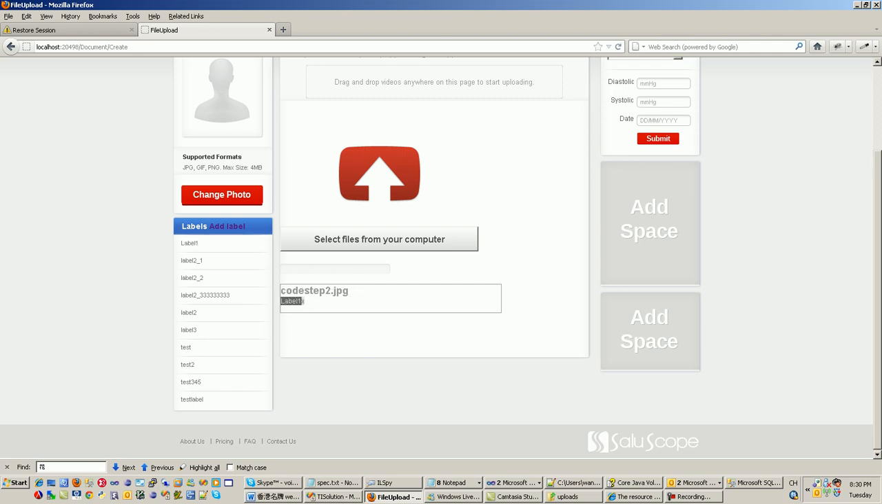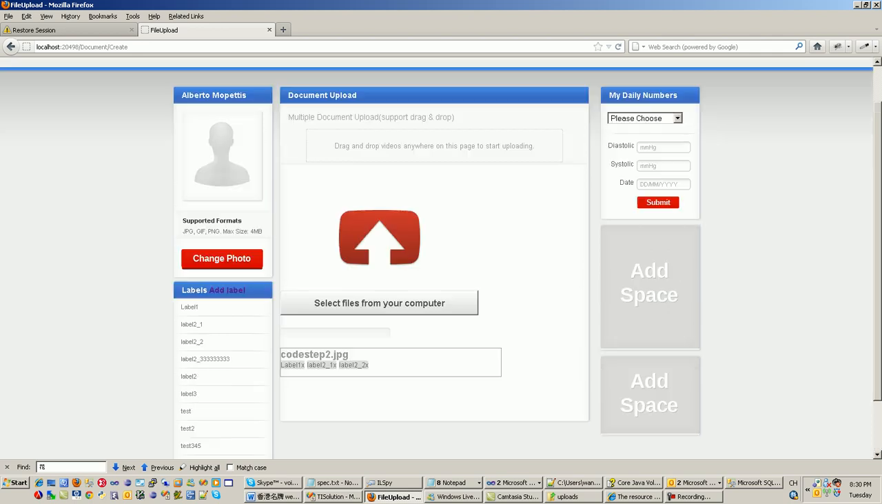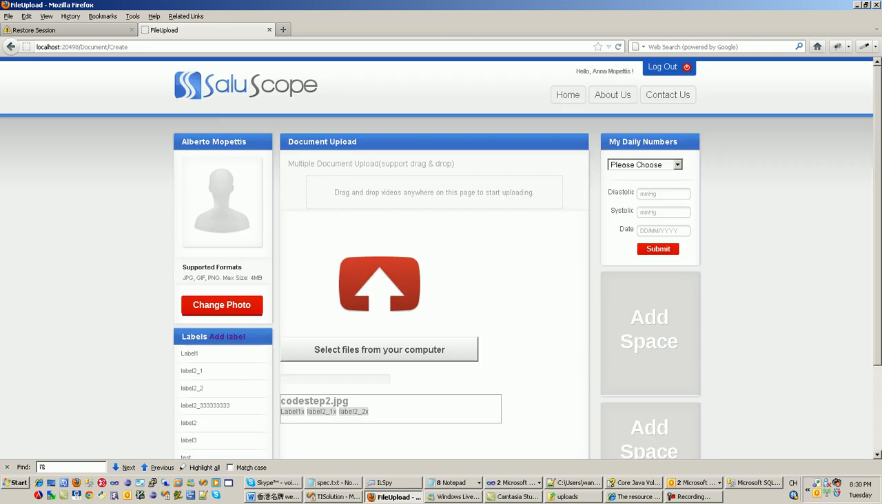But for the same label, we can only add it one time, so we can try again. You can see that it won't add it again to this file. We can add more. So these labels are already associated to this document, and we can verify by clicking go to the home page,